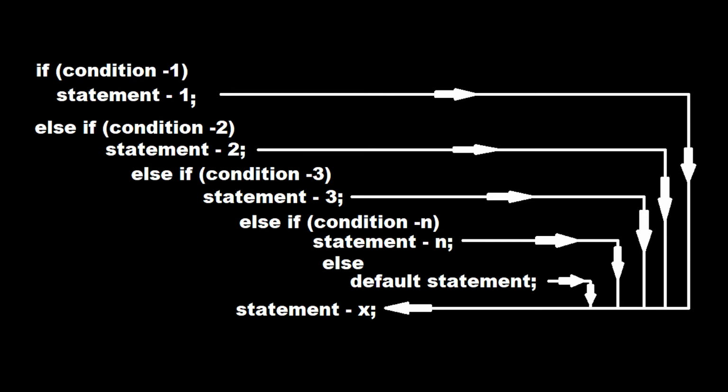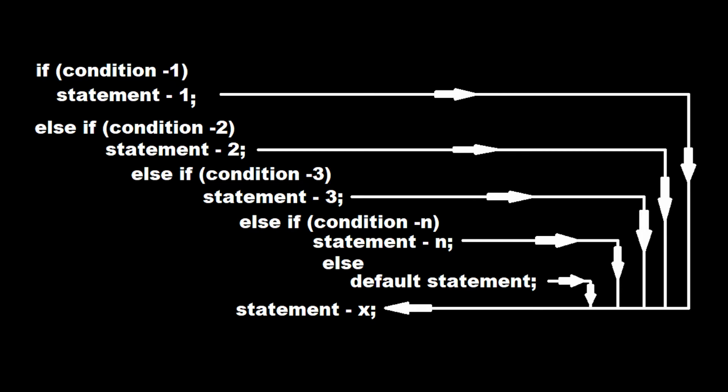Here, what happens is, if you have more than one condition, or to be precise, if you have more than two conditions, and it may go on to say maybe 5, 6, 7 conditions, in that case, we will be using the else if ladder. It becomes very easy to execute the flow of the conditions with the help of this else if ladder. You can see the general syntax of this else if ladder here.